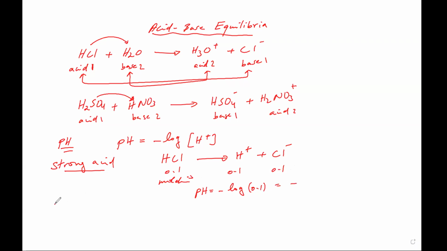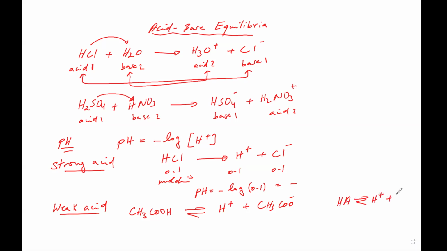Now, what if we have a weak acid? If we have a weak acid, for example something like CH3COOH, it partially ionizes, because this is the definition of a strong acid, that it completely ionizes in water, whereas the weak acid partially ionizes to give H positive plus the ethanoate ion negative. Or in general, we can write HA gives H